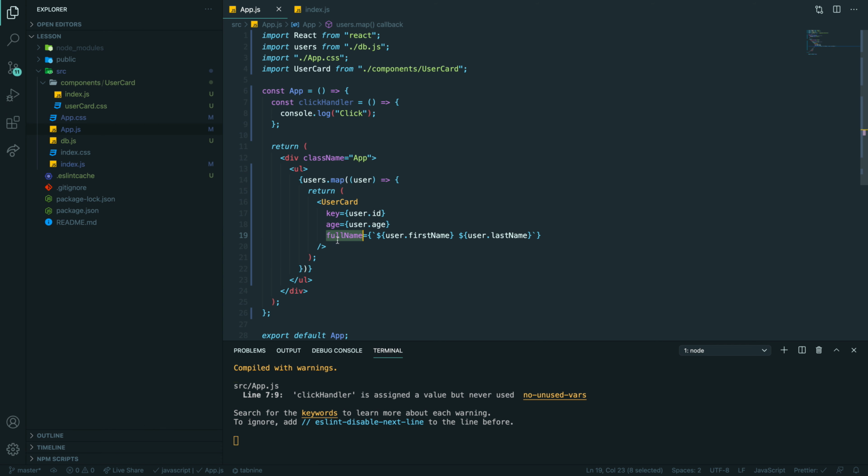Because I'm passing full name prop, right? Can you see? So the prop is actually coming from the app.js. So it comes from where you use your component, because we can have different places where I will use my user card. Imagine that we have, I don't know, 10 pages on the website, and we use the user component in different places because we want to have the same style of the card.